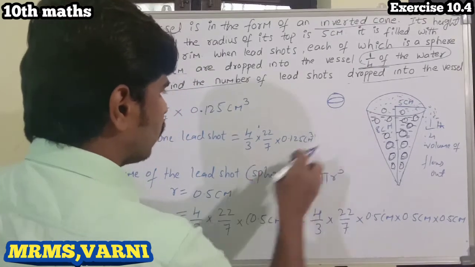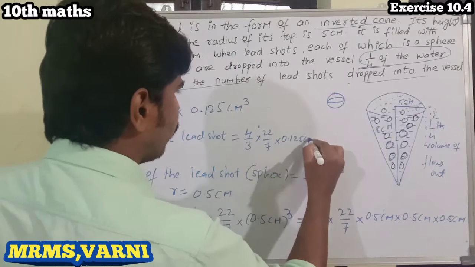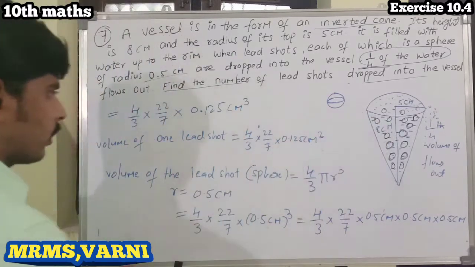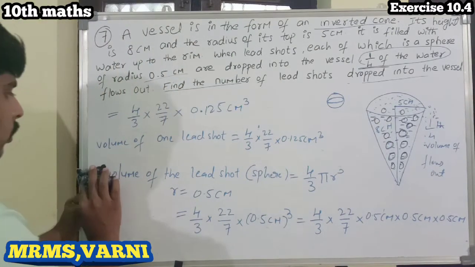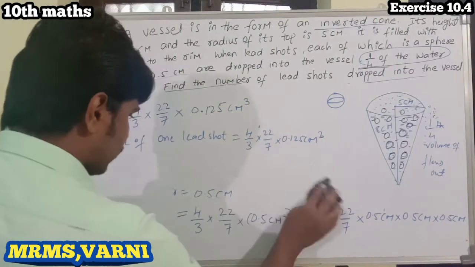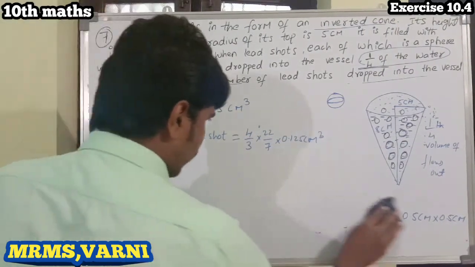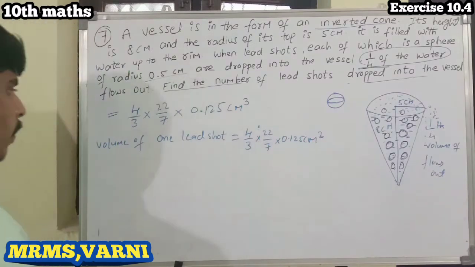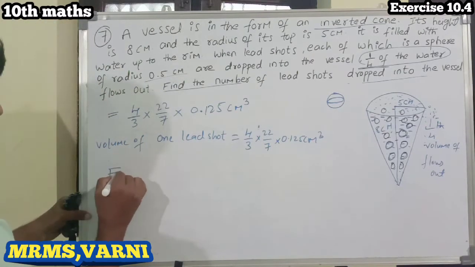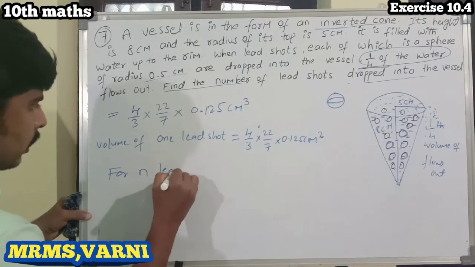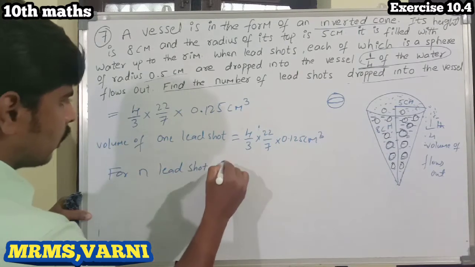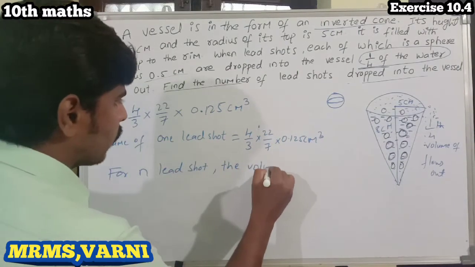Yeah, this is the volume of one lead shot. How many lead shots do we have? We have to find that, so we consider it to be n. Okay, so for n lead shots the volume becomes